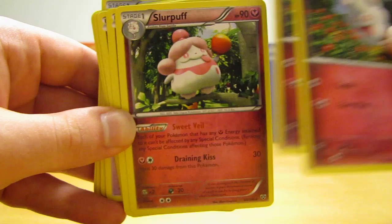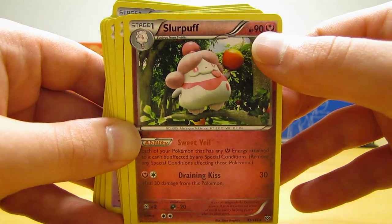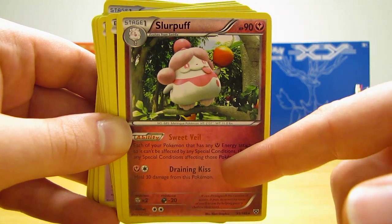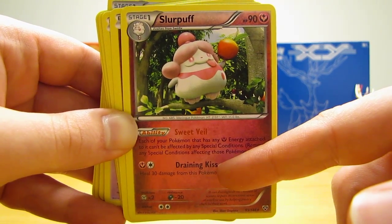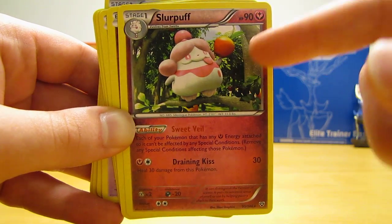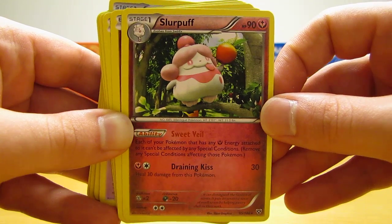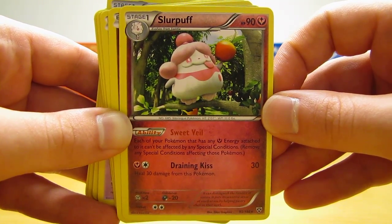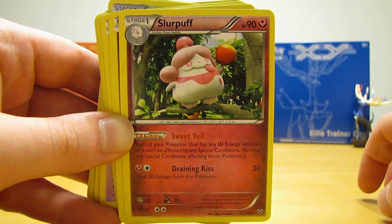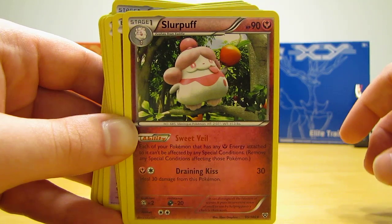Very good. And then Slurpuff, another stage 1 Fairy type Pokemon card with 90 HP. This card has an ability as well called Sweet Veil, and this protects your Pokemon from special conditions. And it says each of your Pokemon that has any Fairy type energy attached to it can't be affected by any special conditions. So far, Xerneas, Slurpuff, and Aromatisse